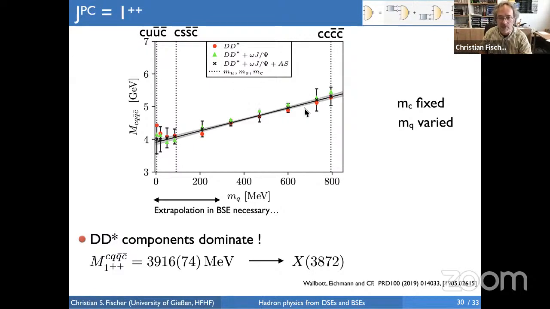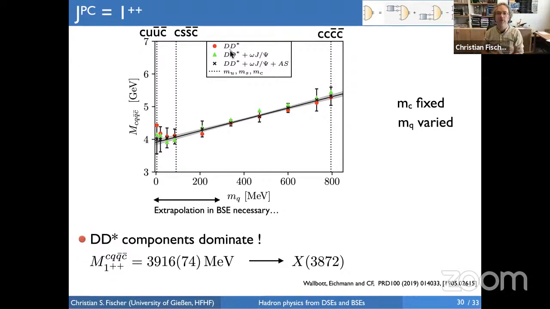And what you see is that the results for all 3 calculations agree. And this in turn means that this state is dominated by the D D-bar component. So this state, this X(3872), as it comes out in our calculation, is dominated by this D D-star. And this is completely in accordance with a picture which is called the meson molecule picture. That you have this D D-star, and if the binding energy is small, these form components which are actually quite far apart from each other.